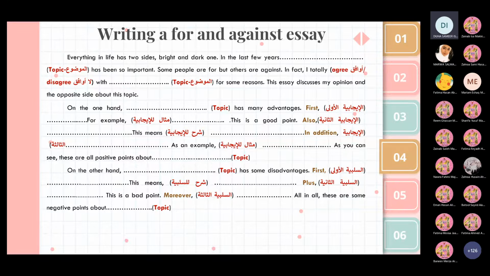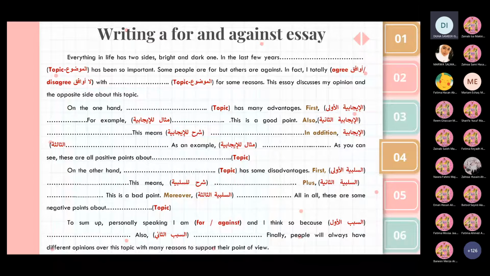So you're going to start with the first disadvantage and then the explanation. Then the second disadvantage, and it doesn't need to have any explanation or an example. Moving on to the third disadvantage, it also doesn't need to have an explanation. And finally, you're going to end the paragraph with the topic again that you were writing about. Yes, you can have some points from the internet and you can rephrase them.